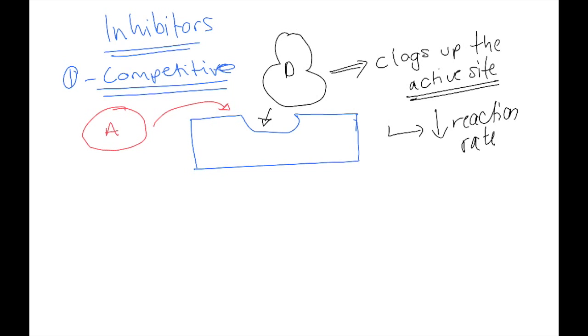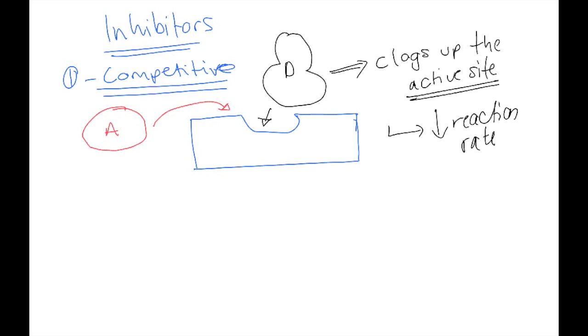Now they both have equal chance of filling up the active site. However, if we've got a lot of enzyme, a lot of substrate, and a lot of inhibitors, then some of A will go into some enzymes, some of D will go into the other enzymes, and then just clog it up. So we're really going to reduce the active site. Okay, so that's competitive inhibitors. They're competing for the active site, and then they're blocking up the active site. They're occupying the active site, so it can't